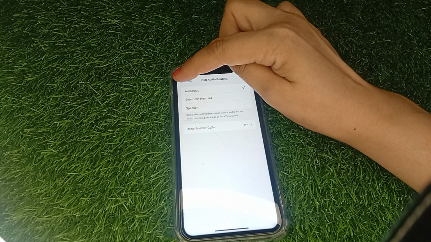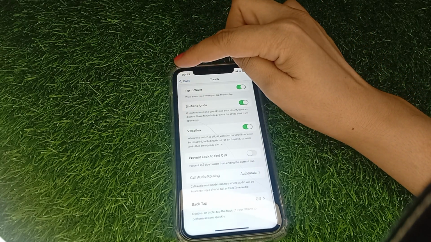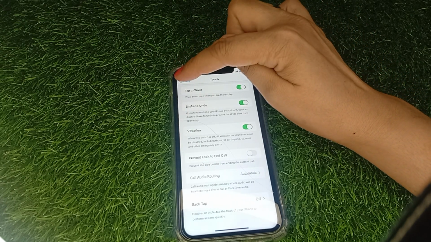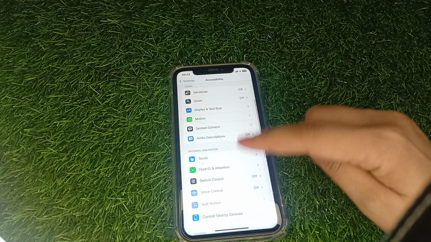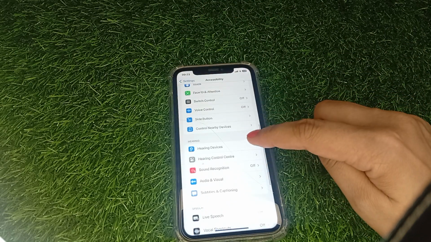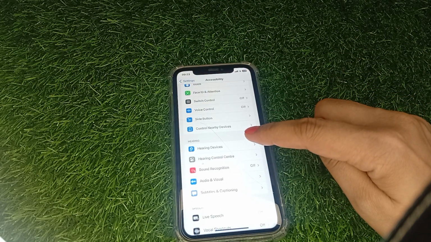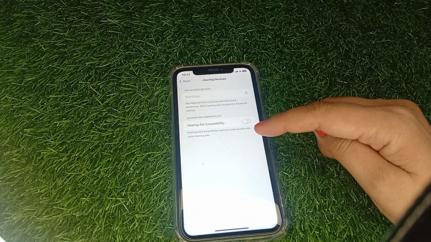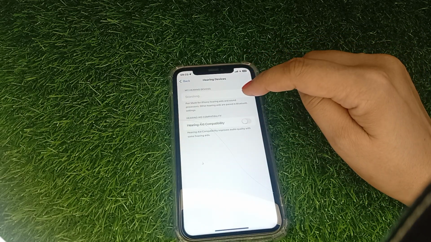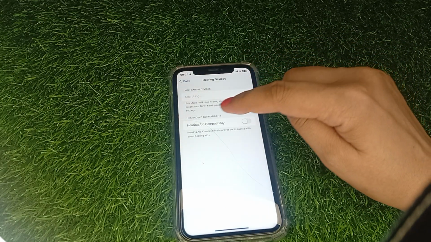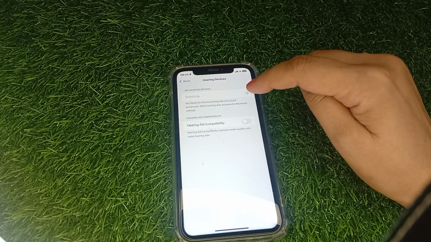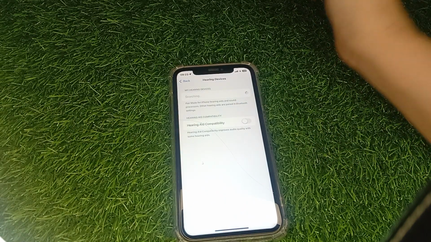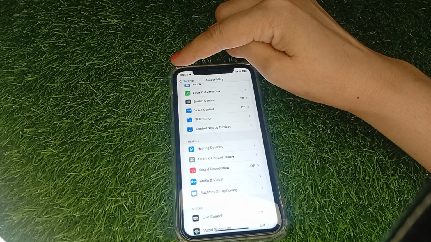After checking all this, you have to go back in accessibility again. Now tap on hearing devices. You have to tap on hearing devices and make sure your hearing aid compatibility is turned off. Now go back to accessibility again